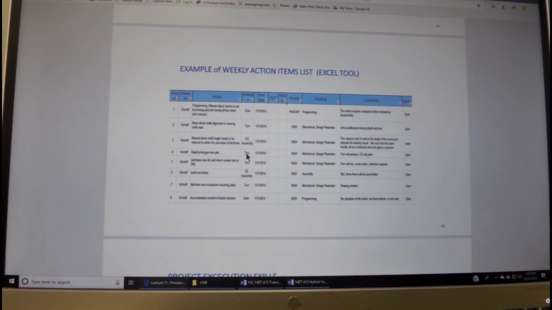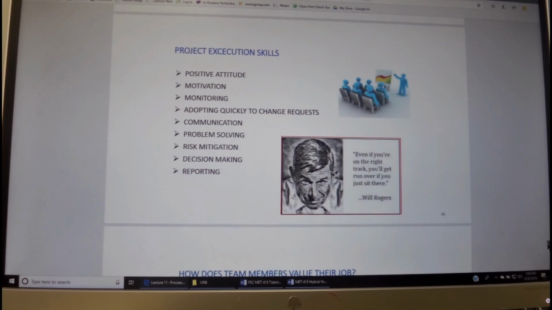This is the resource that is assigned to it, the day that it started, the priority is high, and then the routing of this information, some comments, and then from one discussion to the other, it is the project manager who determines if the action item is still open or closed. So this is an example, again, taken from Foster Corporation.